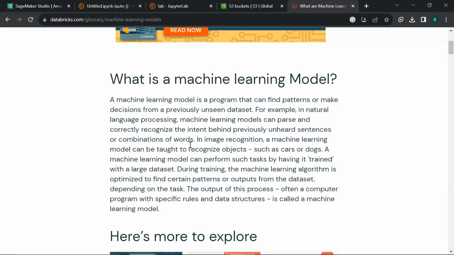So you can have a lot of pictures containing cats and dogs, and then train a computer vision algorithm that is able to distinguish between a new photo that you've taken and decide whether that photo you are trying to pass through the model is a dog or a cat. So first you train it with thousands upon thousands of images containing both cats and dogs until the model learns the features of a cat and the features of a dog. And then when you pass new photos, it can determine whether that photo is a dog or a cat. So that is an example of a model. I hope I've explained it well.